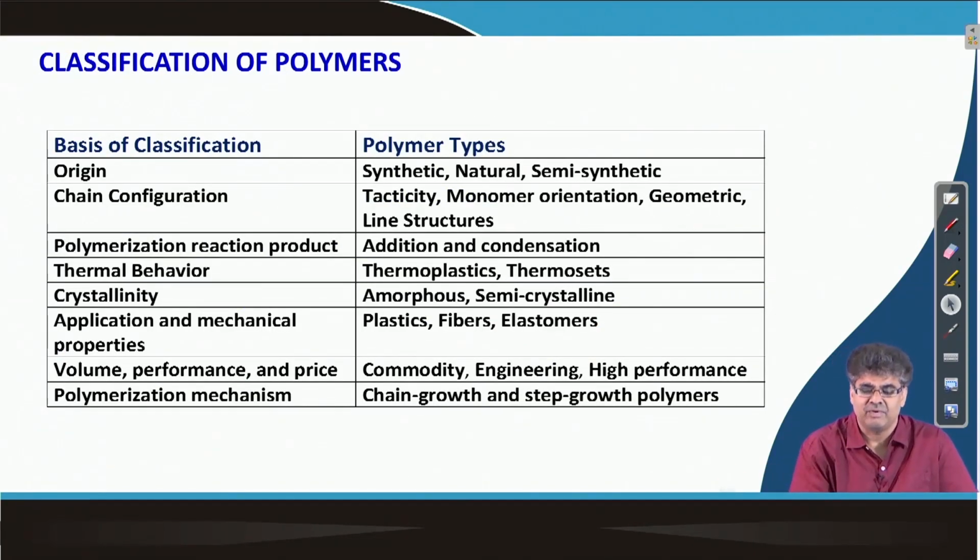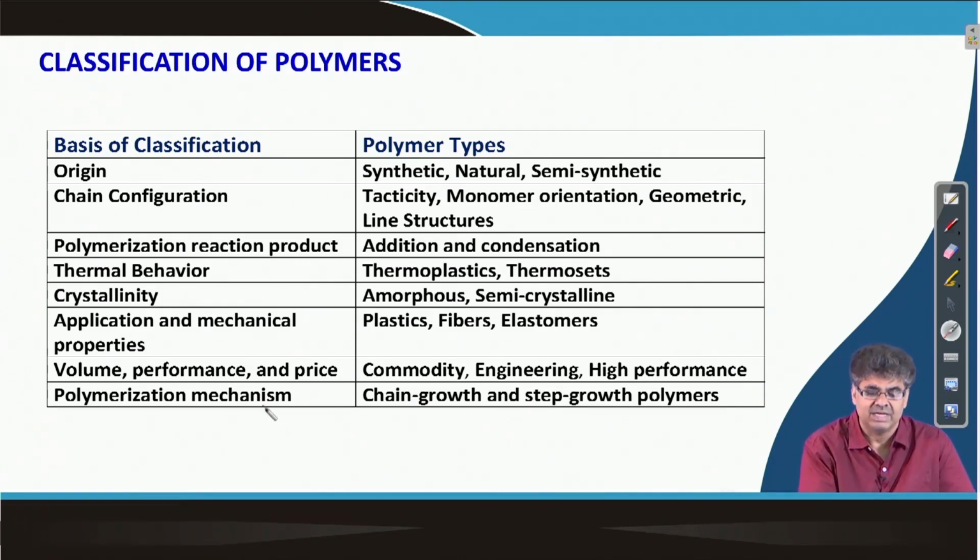Now, you want to classify polymers based on different parameters. It is not necessary to remember the type of classification. Nobody should ask a student how many types of classification are possible for polymers. That is not the purpose of this classification on some parameter, but as long as students can remember the meaning of the types of polymers which is shown in this right column, that should be sufficient.